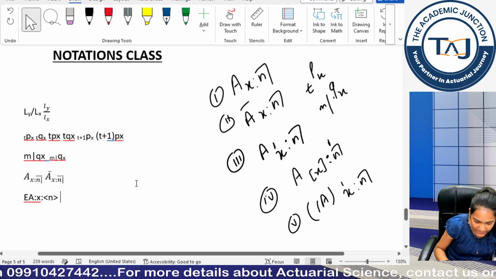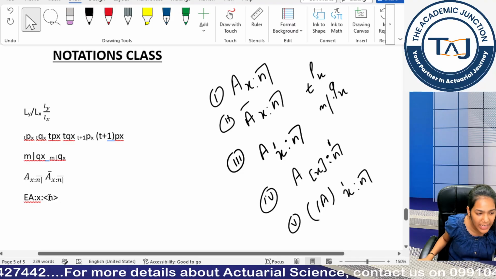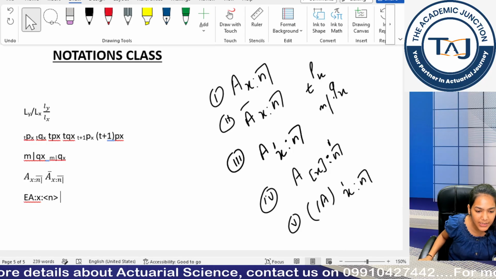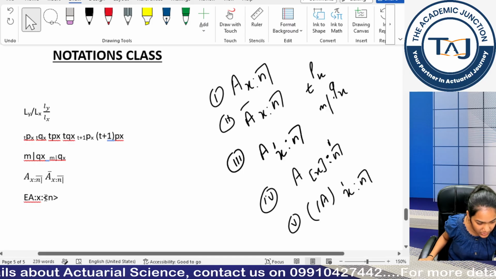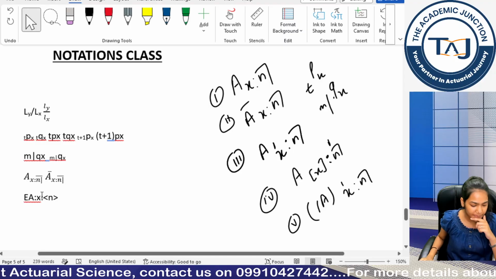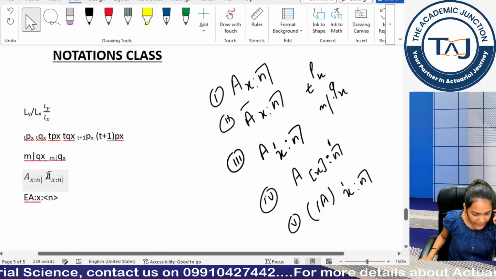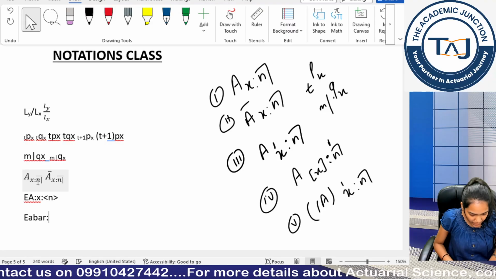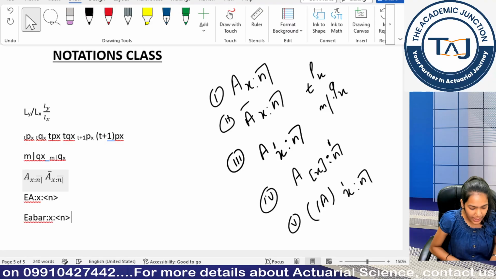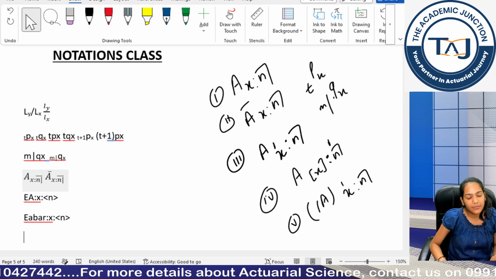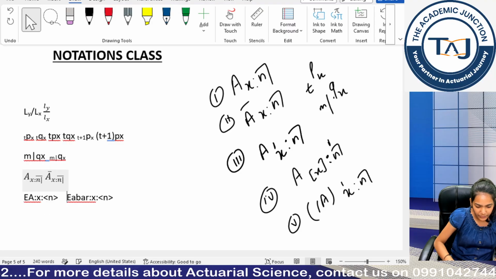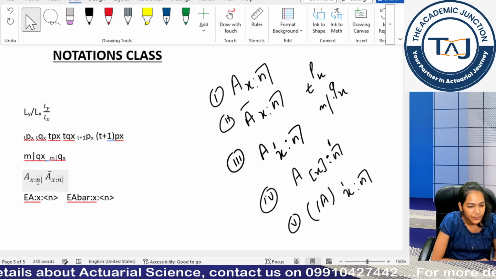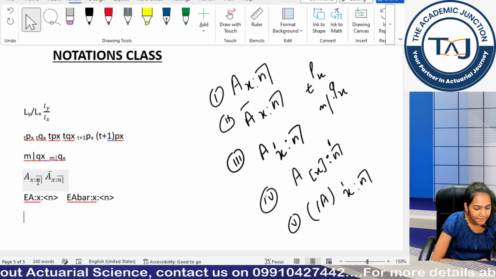Always remember, don't use the square brackets, use this bracket only, because square bracket represents my select mortality. When I will be moving to this notation now, square brackets represent select mortality. That's why to represent the time period I use this less than sign and a greater than sign. Okay, now tell me, this is my EA, but I have bar in there, so EA bar of what life, X life of how many years, of N years. So this is my second one. Clear? Sorry, E capital A. Okay. Done.